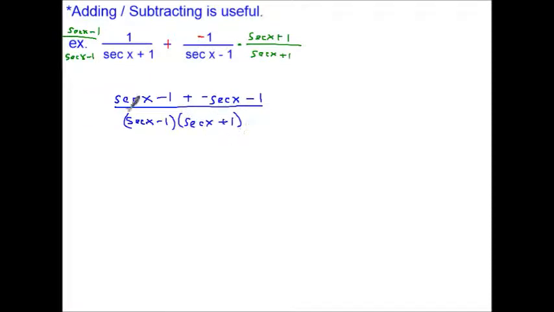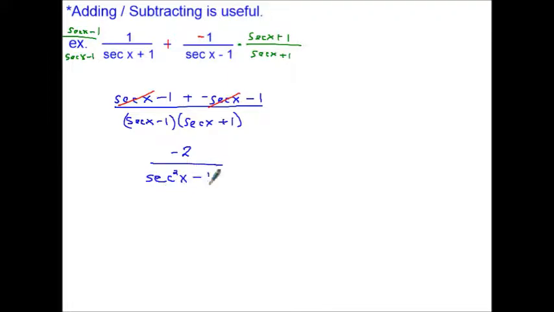Now again, the nice thing about what we just did is I ended up with a positive secant x and a negative secant x, so they just go away. And my numerator is negative 1 plus negative 1, so I get a nice clean negative 2 there. In the denominator, I've got secant x plus 1 and minus 1, so it's really a difference of squares sort of thing. So I can multiply this out using kind of an abbreviated FOIL and get secant squared x